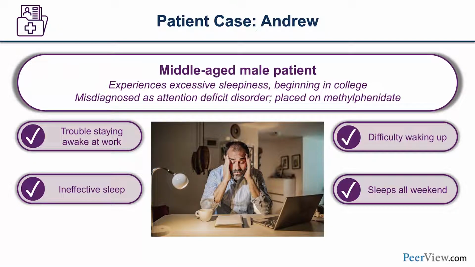He was having trouble getting his work done. And they had a lot of meetings as an engineer, and he would fall asleep. And he would tell me he had trouble getting to work in the morning because he'd set multiple alarms and just could not get going. It took a long time. And then when he was driving to work, he was sleepy. After a good night's sleep, he was still sleepy. Now, he did not have any of the REM dissociative symptoms, did not have the vivid dreams, the paralysis, the hallucinations. But oftentimes on the weekend, he would sleep the weekend away, which is sort of typical for a patient with idiopathic hypersomnia.